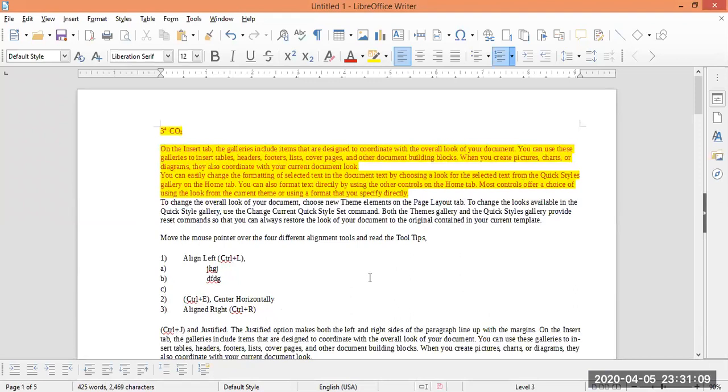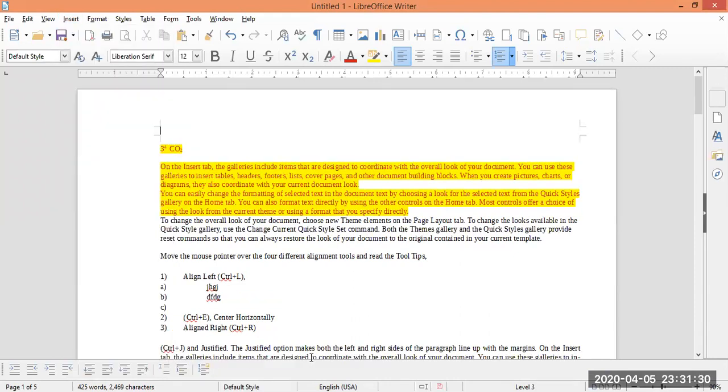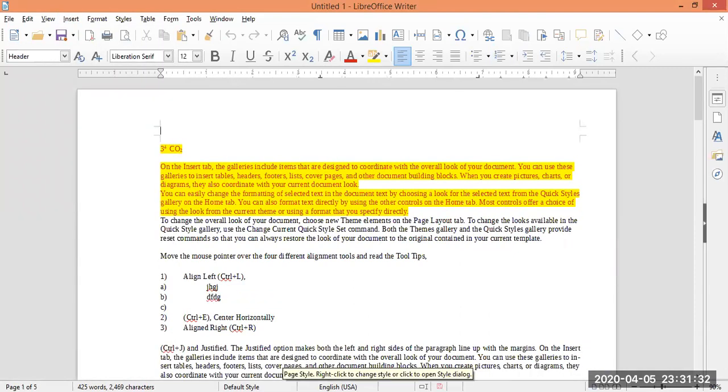Next is inserting header and footer. Header appears at the top of every page and footer appears at the bottom of every page. To insert header and footer, we can click on insert, then header and footer, then click on header if you want to insert a header, and then default style. Now whatever you type will appear on the top of each page.